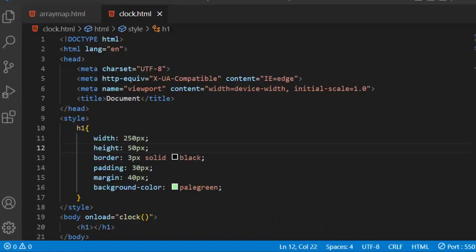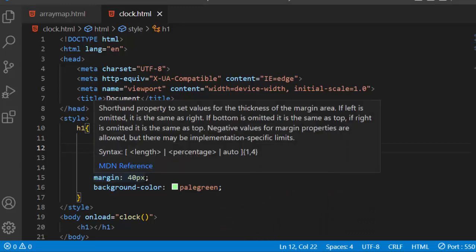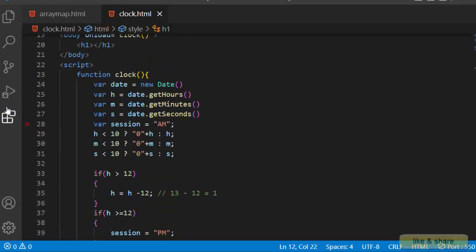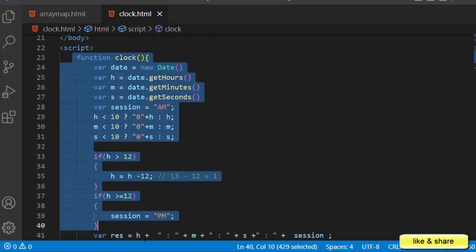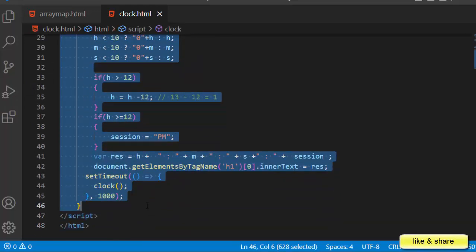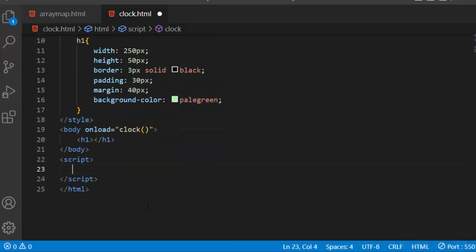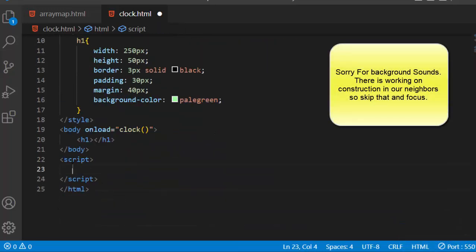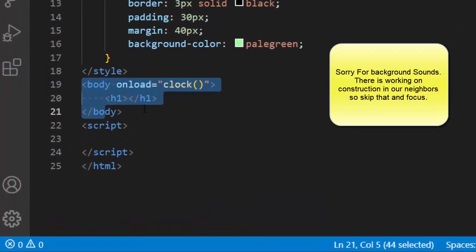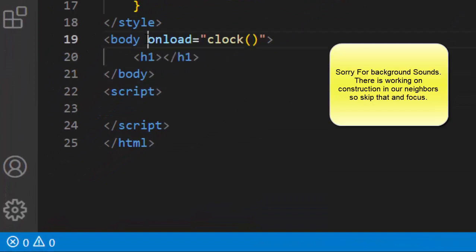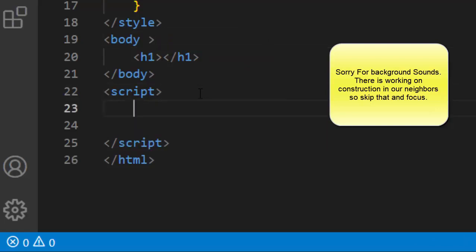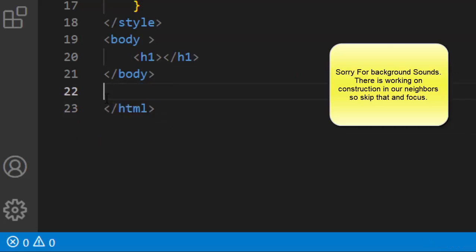Now let's get started. So what I will do, let me terminate all this stuff from here so that we can do all these things from the beginning. So okay, now this is our body and in this body I have created an h1 tag and also terminated it with this onload method event. After that, this is in JavaScript, and let me create a script again, and in this